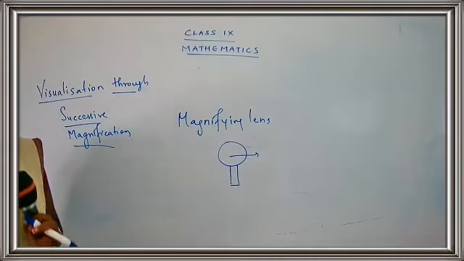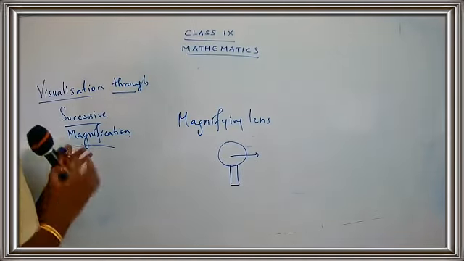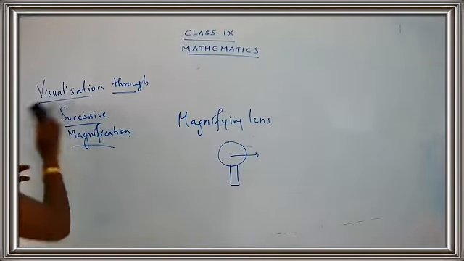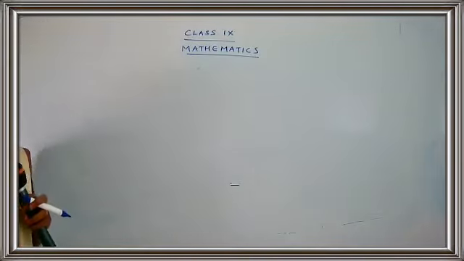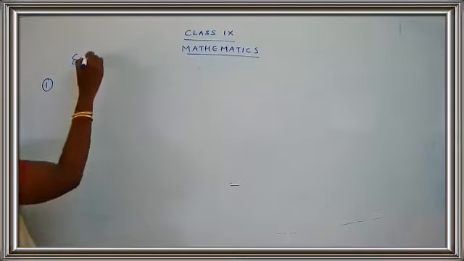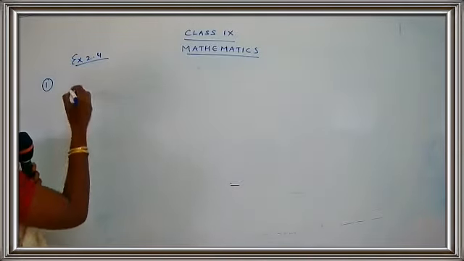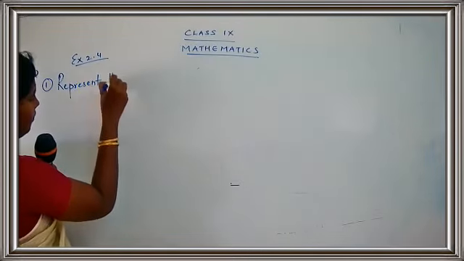Now let's start with the exercise, and I'll do one sum, and with the sum I'll explain to you why we give this particular name. So write down exercise 2.4, write down the question. What is the question given to you? The question says: represent the following numbers on the number line. Write down number 1, exercise 2.4. Represent the following numbers